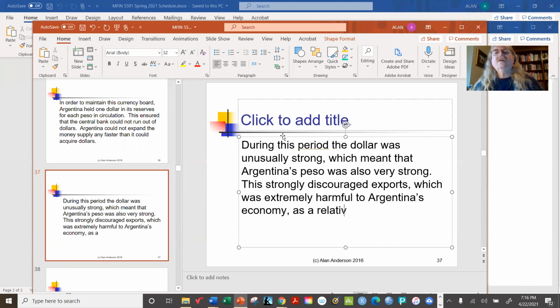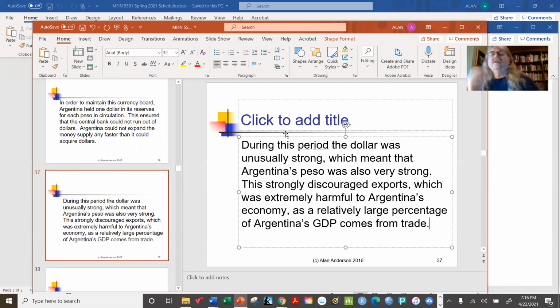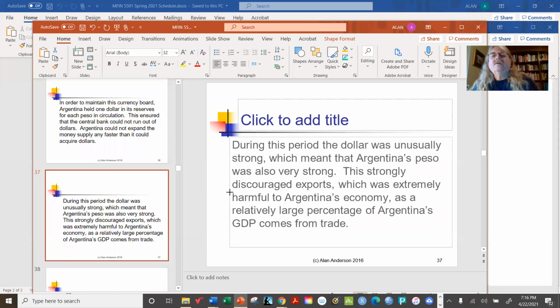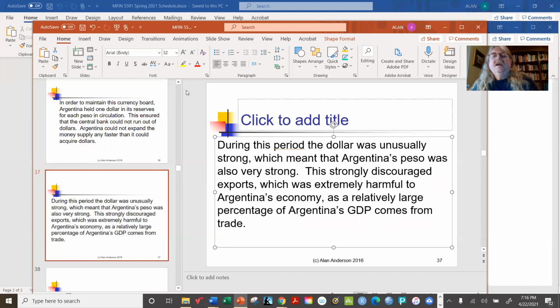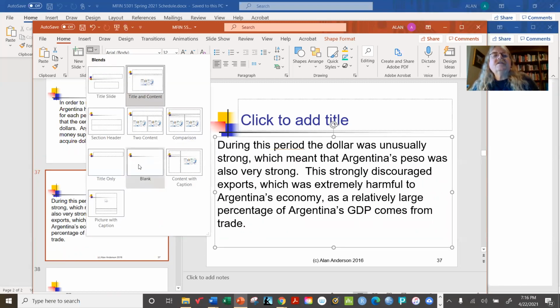A relatively large percentage of Argentina's GDP comes from trade. Okay, it's not like the US, where trade is important, but it's not nearly as important as it is in a lot of countries where their survival really depends on trade. And so Argentina was getting squeezed